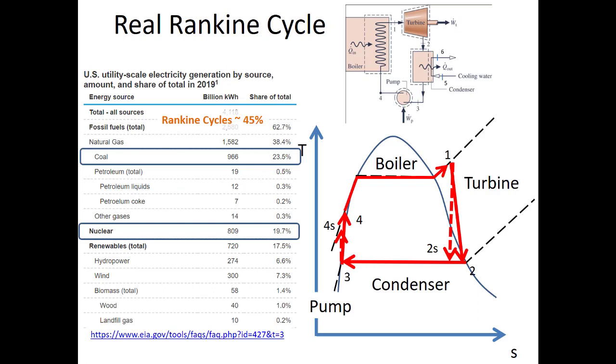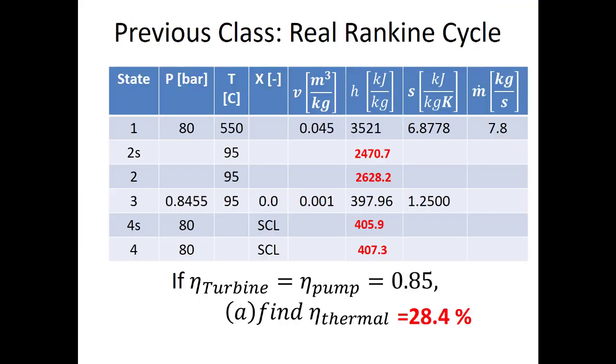We talked about the importance of Rankine cycles here in the United States, and although the amount of power that we generate using coal power plants and nuclear power plants is falling as we increase dependence on natural gas power plants and slowly increase renewable power generation as well, it's still an important way that we generate energy. So again, according to this government website, in 2019, Rankine cycles through coal and nuclear power plants generated about 45% of the energy that we use on the grid here in the United States.